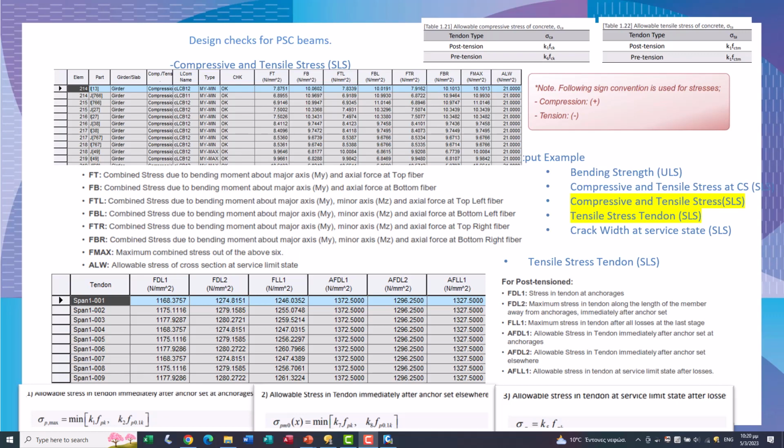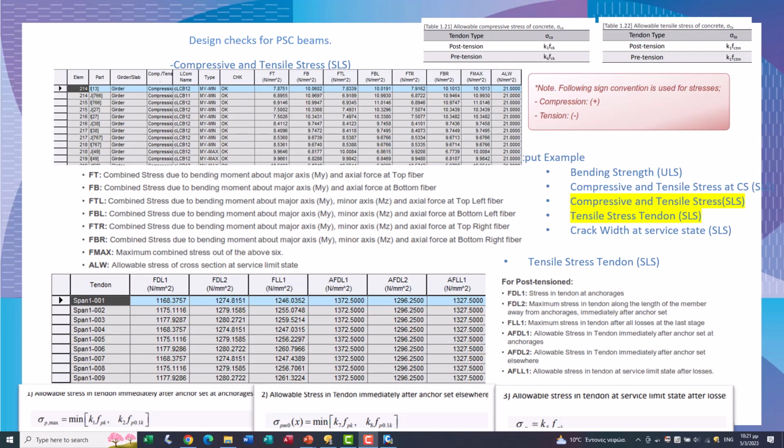Also, here we have the tensile strengths at the serviceability limit state. We have the verification of the induced stresses and the allowable stresses of tendon by tendon group. Before losses, tendon stress at the anchor right after grouting should be less than the allowable stress. After immediate losses, the maximum tendon stresses should be less than the allowable stresses.